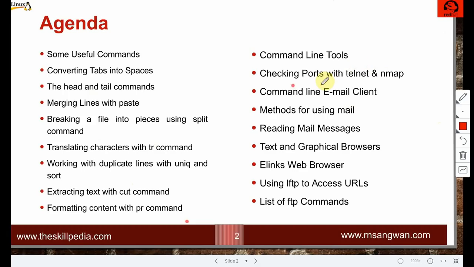Then command line tools like nmap, telnet, the mail email client for reading messages, and graphical browsers, to be precise, elinks is the name of the browser, the lftp command, and some list of lftp commands.